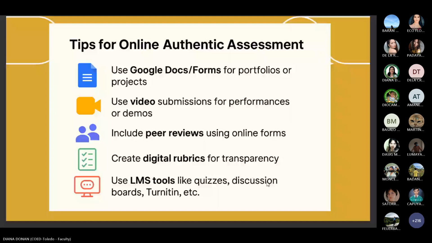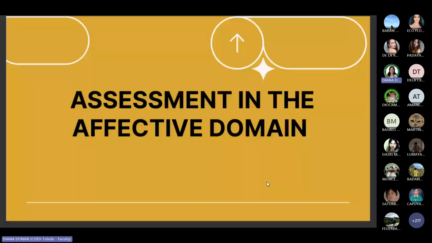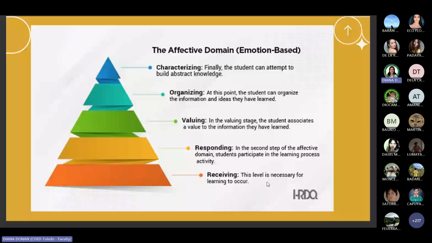Okay. Now let's talk about the assessment in the affective domain. To help us assess this area, we will be using Krathwohl's taxonomy. So just like Bloom's for the cognitive domain, Krathwohl organized affective learning into 5 hierarchical levels, from simply being aware to fully living out a value in daily life. So let's go through each level with examples of how we might assess them in the classroom.